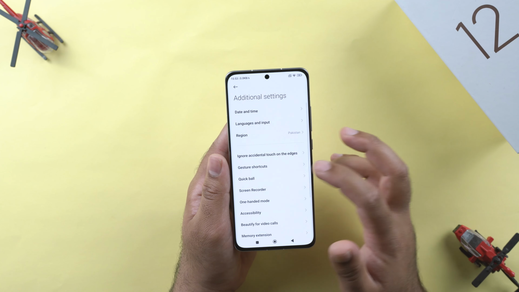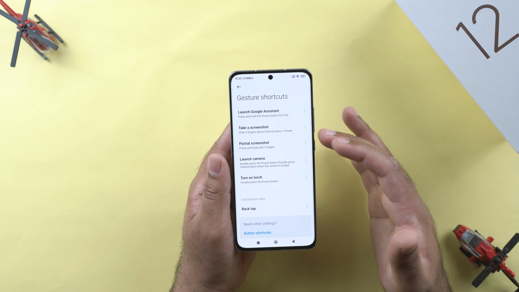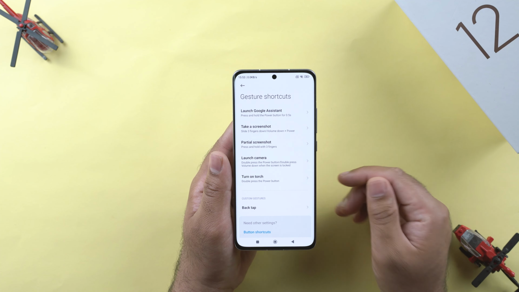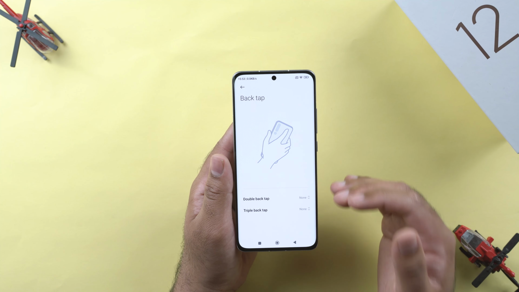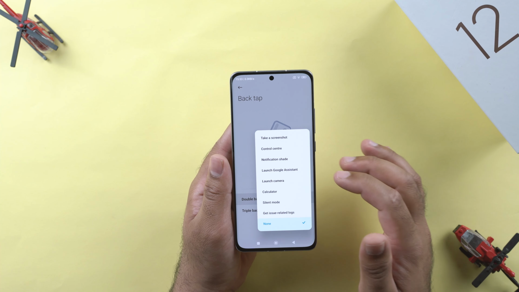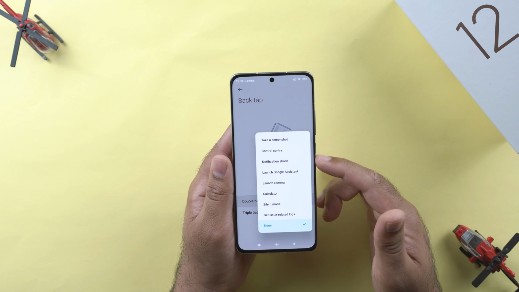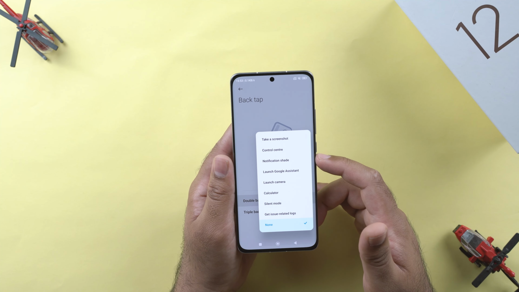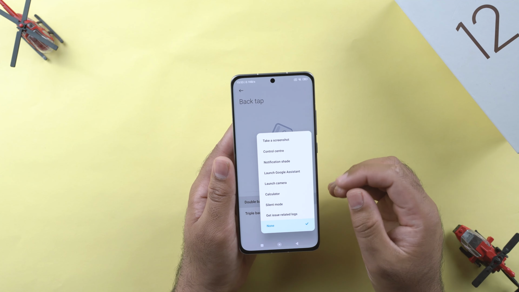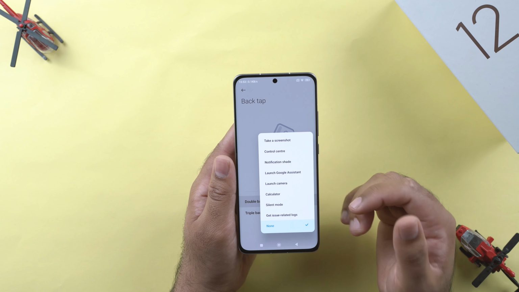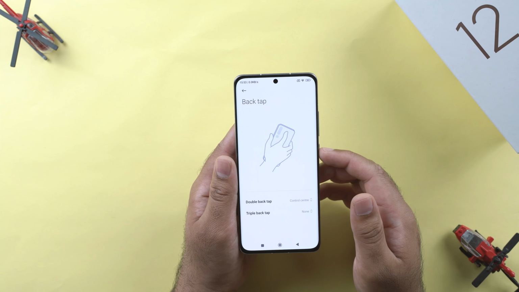Inside the gesture shortcuts, I have already shown you how to use a partial screenshot, but there is another useful feature, the back tap. You can double tap the back or triple tap the back to perform a certain action on your phone. You can see that we have these options: take a screenshot, control center, notification shade, launch camera, calculator, silent mode, or get the issue related logs. For example, I want to tap the back of my phone to launch the control center. You can see that now if I tap the back of my phone,